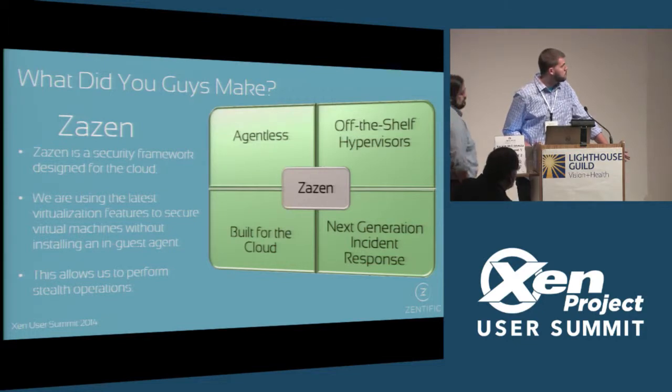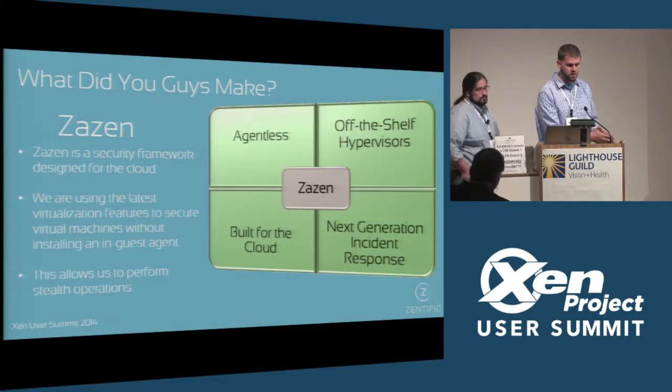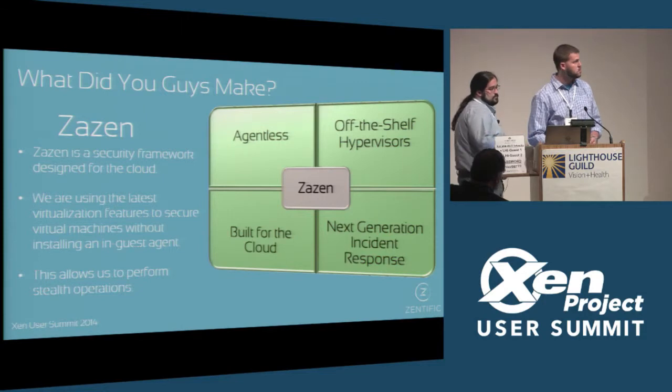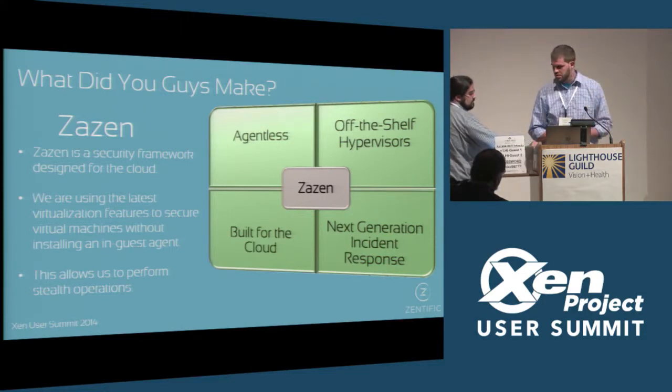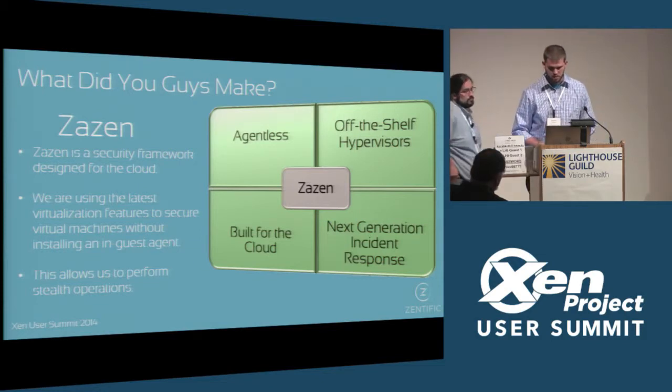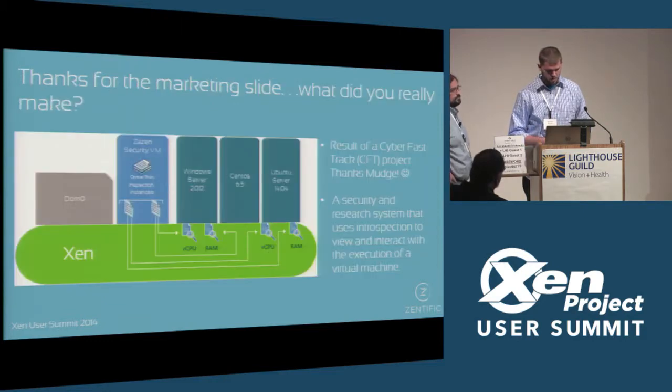This unique position that we're in for our scanning line of sight gives us a sense of stealth because we're not inside of that VM. We are separated away from the VM. We're protected from the things going on inside of a possibly compromised system. We're using some of the latest things from Xen, I think maybe from the 4.3 and up is really what we've been looking at, and the things that have been developed since then have been helping us out quite a bit.